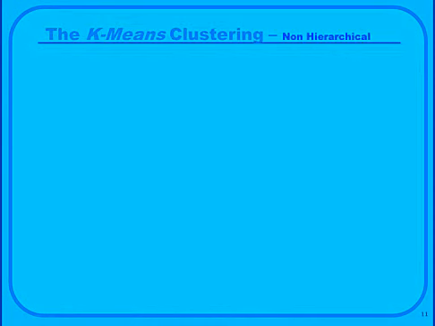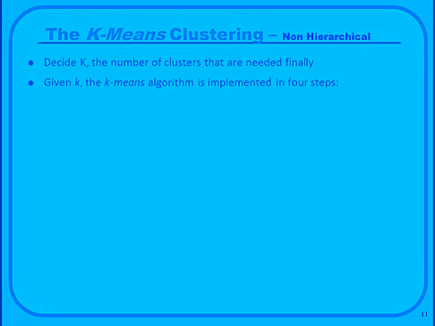What is k-means clustering? K-means clustering is non-hierarchical, and you use it when you have a huge number of observations. The algorithm is very different here. In the beginning you decide how many clusters you require: 8 clusters, 9 clusters, 10 clusters. That's what k is: the number of clusters that you need. Once you have k, say I am looking for 8 clusters, you follow a 4-step process. The first step is to partition the whole data set, all the objects, into k non-empty sets. Keep in mind, non-empty: each of the k subsets should have some observations.